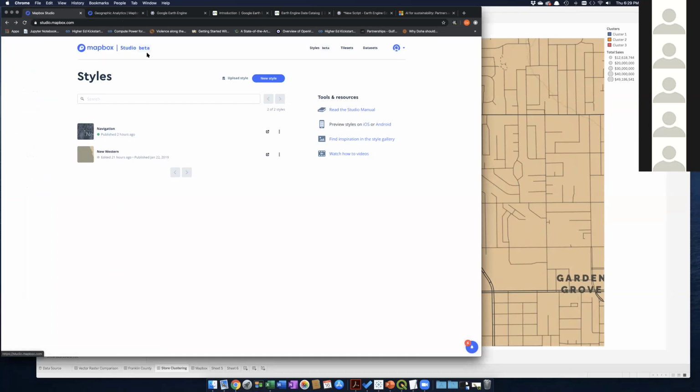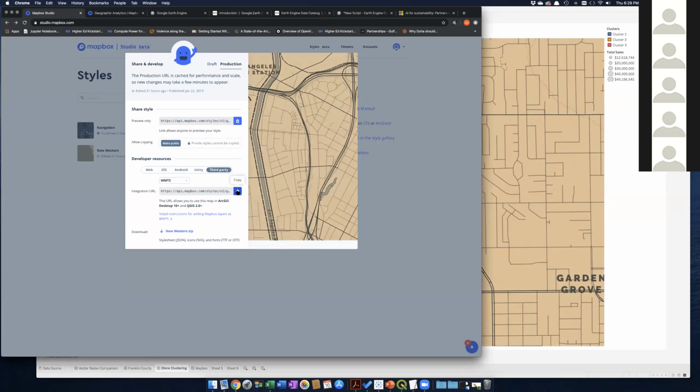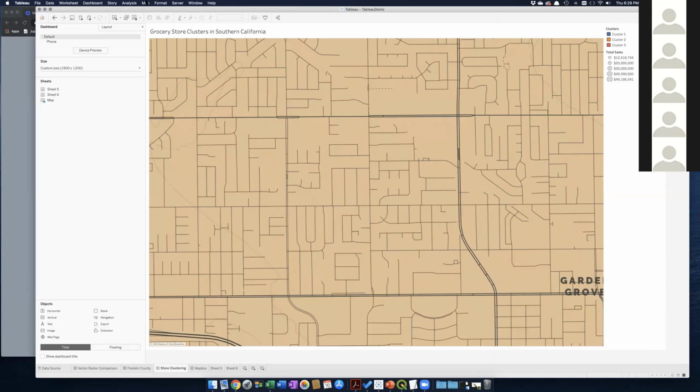So this is the Mapbox Studio. You have to create an account with Mapbox. I believe it's pay-as-you-go for the most part, but it's, I think, several thousand interactions with the API. But if I go to this new Western, go to Share, and then come down to this third party, and then copy the integrate, and then down to Tableau over here. These are all a little bit different, so most of these won't work with Tableau except for this one right here. Copy it, and then you're going into Maps,